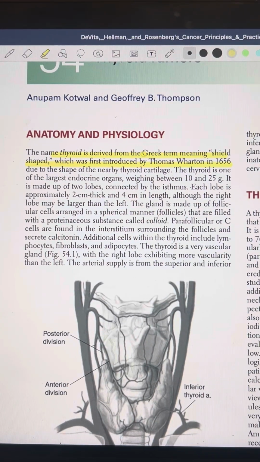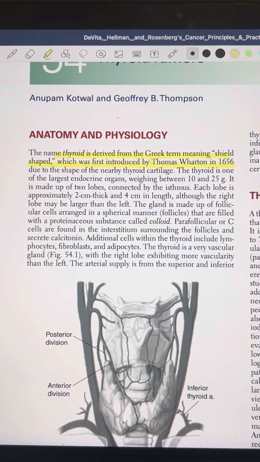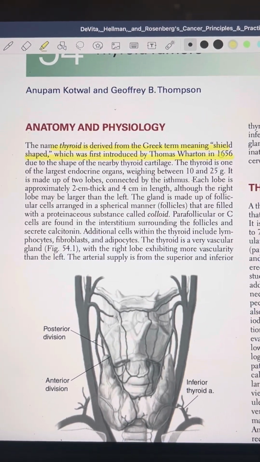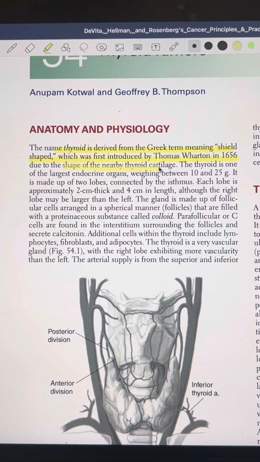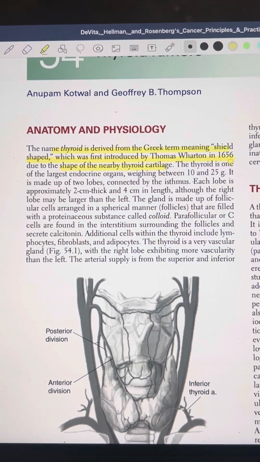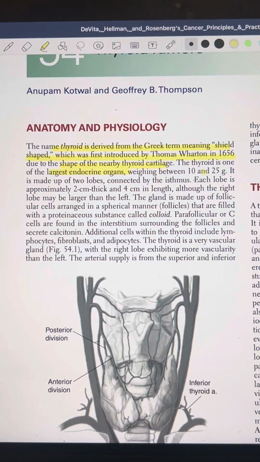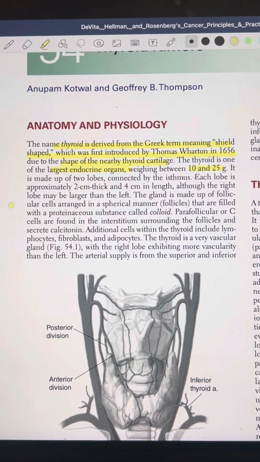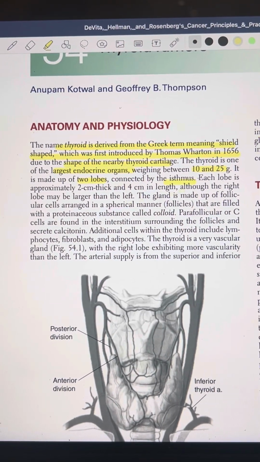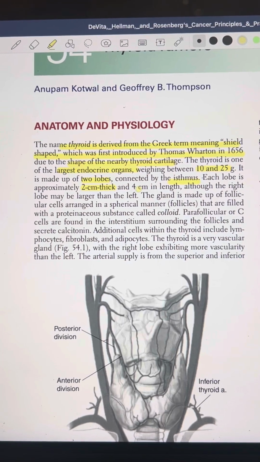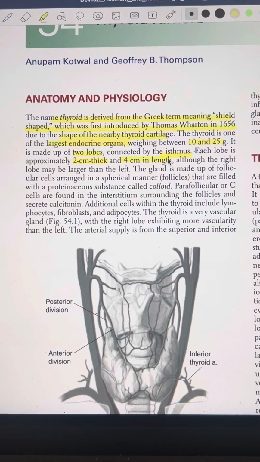The name thyroid is derived from the Greek term meaning shield shaped, which was first introduced by Thomas Wharton in 1656 due to the shape of the nearby thyroid cartilage. The thyroid is one of the largest endocrine organs, being around 10 to 25 gram, and it is made up of two lobes connected by an isthmus, and each lobe is approximately 2 centimeter thick and 4 centimeter in length. Although the right lobe may be larger than the left lobe,